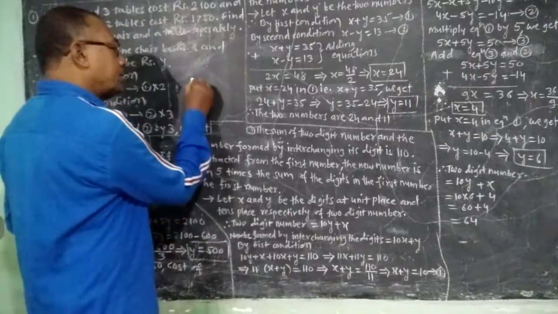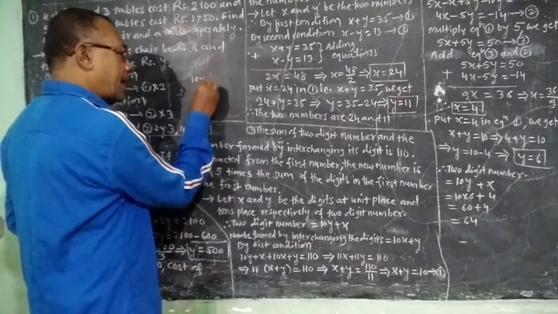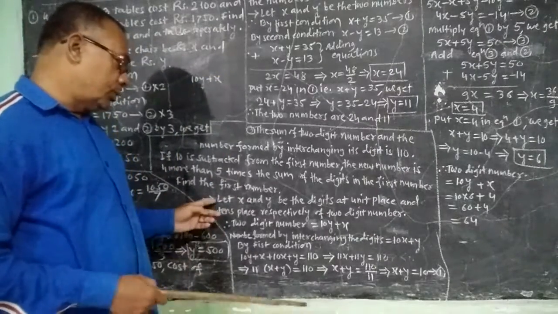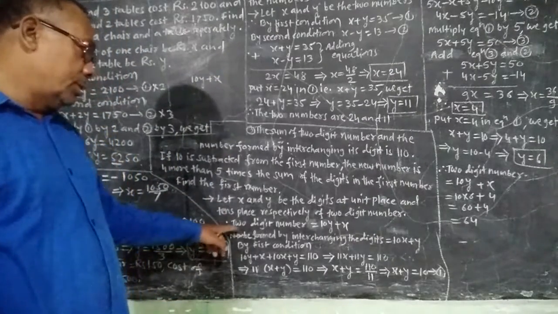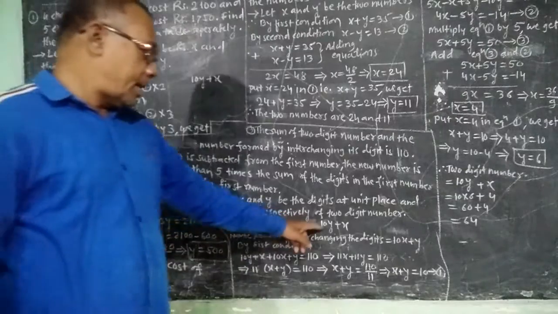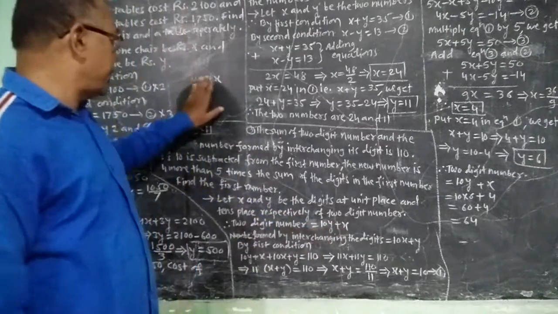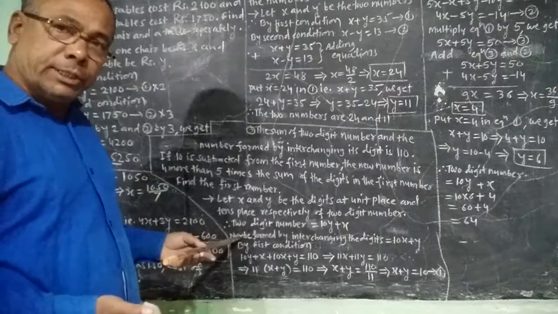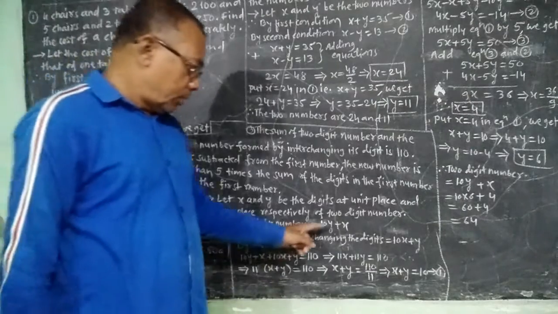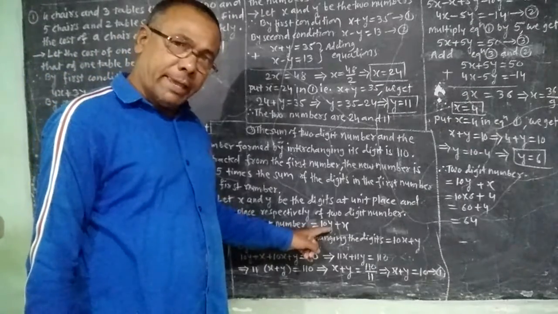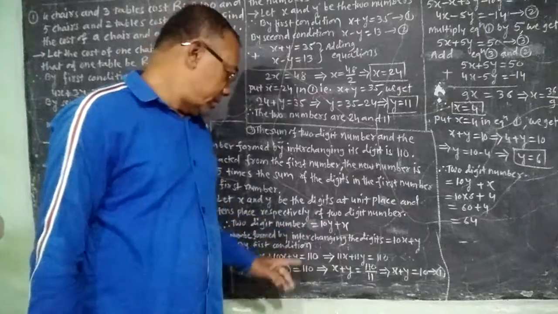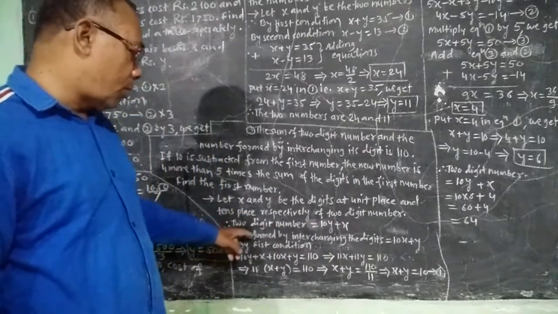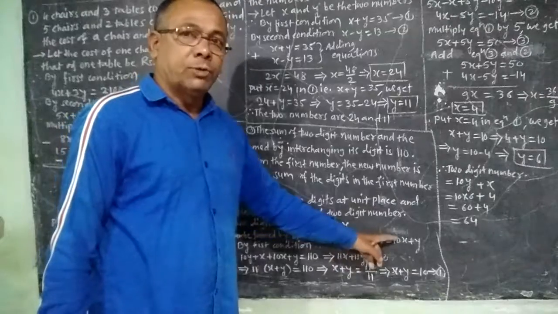Then we can write the two digit number as 10y plus x. Now we have to interchange the digits, meaning we replace y by x and x by y. Then our new number, the number formed by interchanging the digits, will be